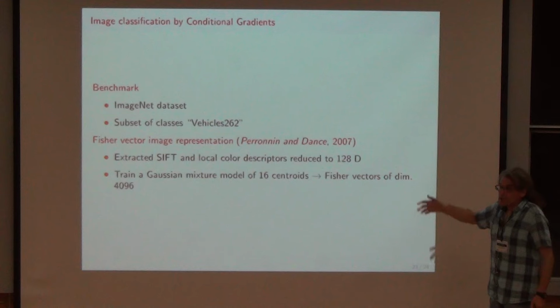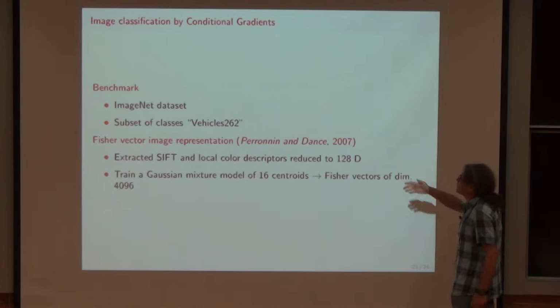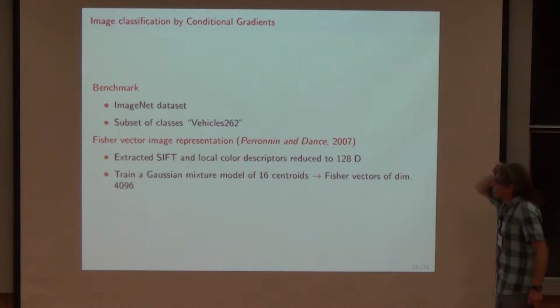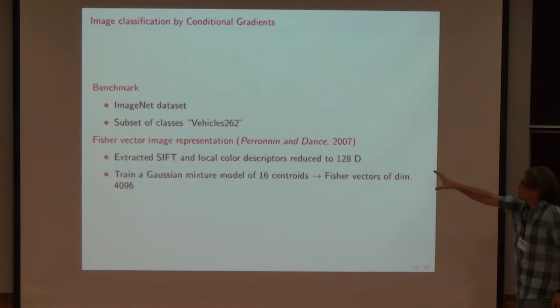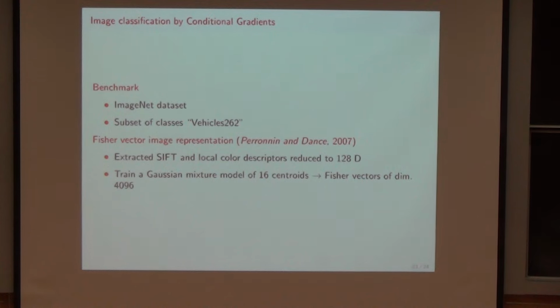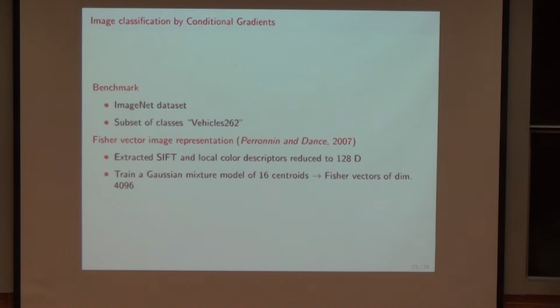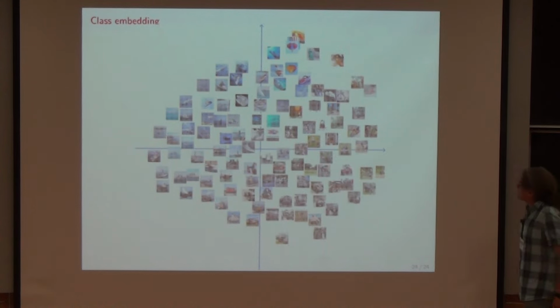You can also do this for a problem of multiclass classification. This was all done in MATLAB, and we did everything by hand. You can extract the data from the ImageNet dataset, and there is a part of the dataset called vehicles. Our friends from computer science and image recognition know this machinery very well, so they helped us extract descriptors and so on. Then we launched our optimization algorithm on this problem to obtain